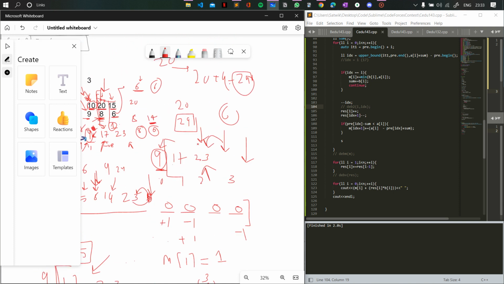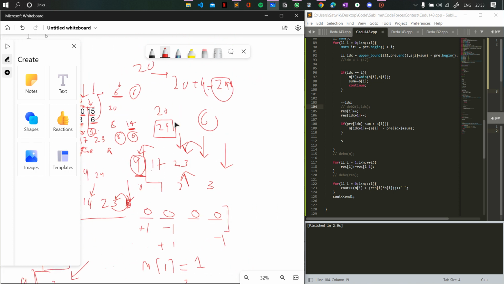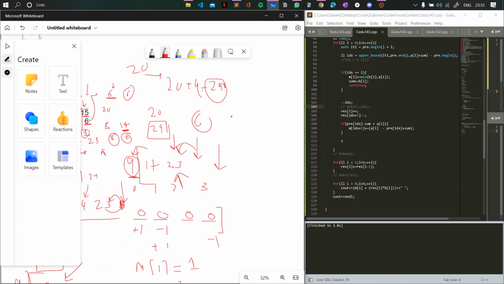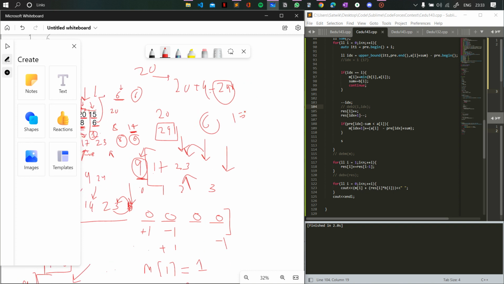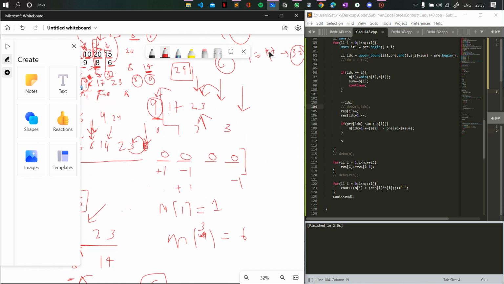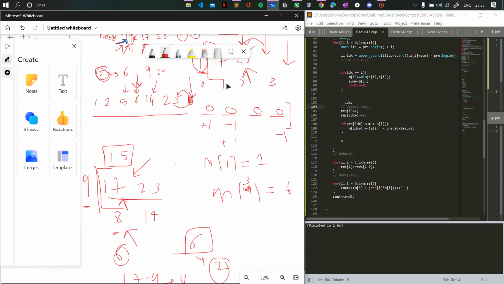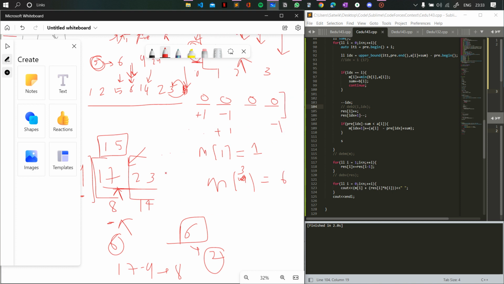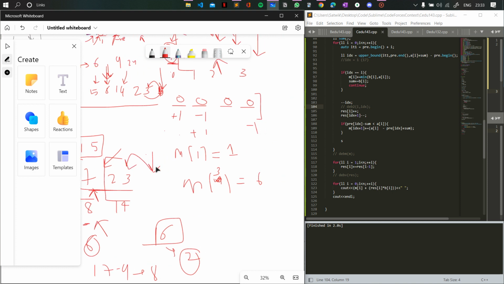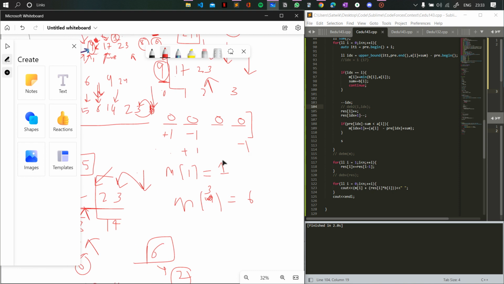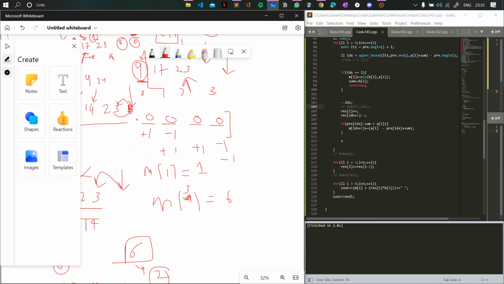In the step 3, I will go to 15. I'll add 15 plus 17. What is 15 plus 17? That would be 32. Now my key is 32 and I have to start my upper bound from this index. The index will come out to be here. I'll subtract it. I'll go to 23. I'll increase it by plus 1, increase by plus 1 and decrease by minus 1. In the end, I'll get this